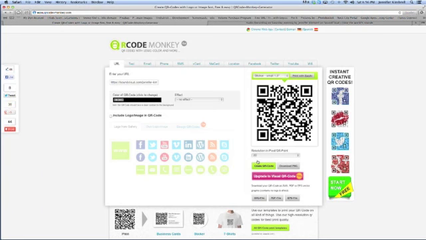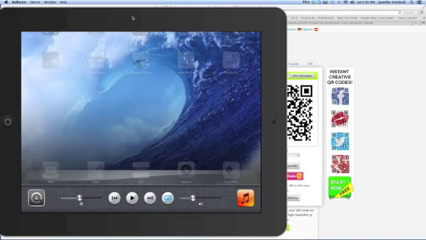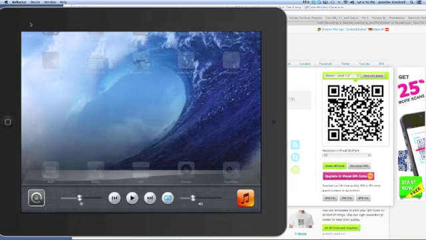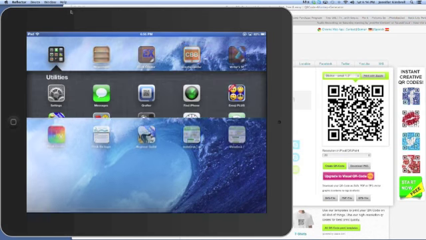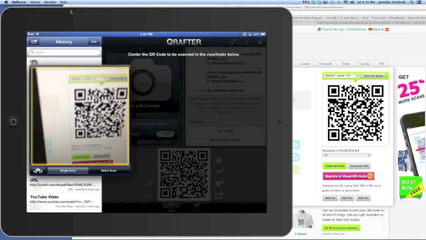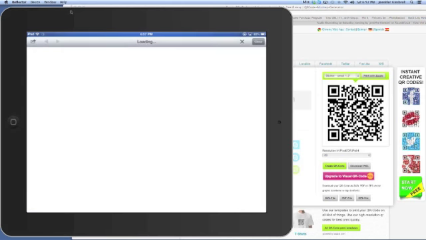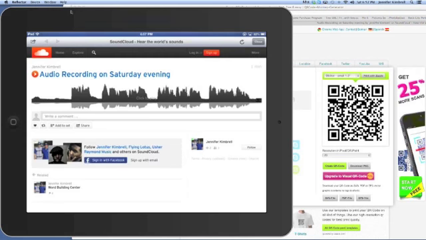Now I'm going to show you what happens. Let's go to our QR code scanner, scan it, go to the URL, and it comes up, it looks like this,